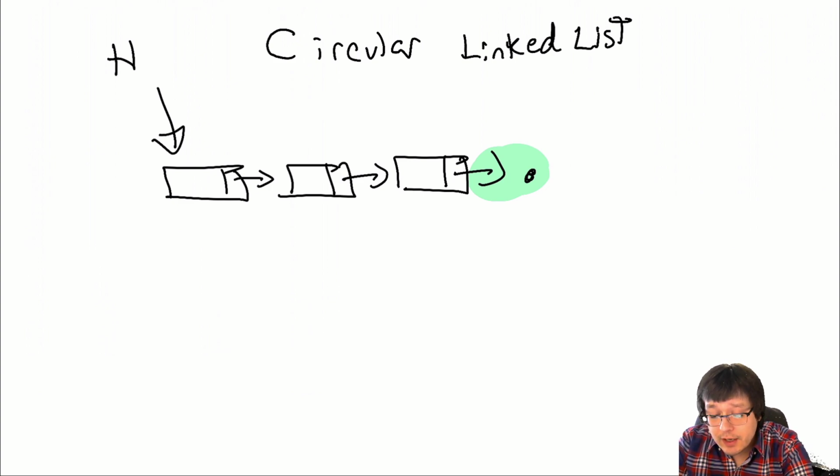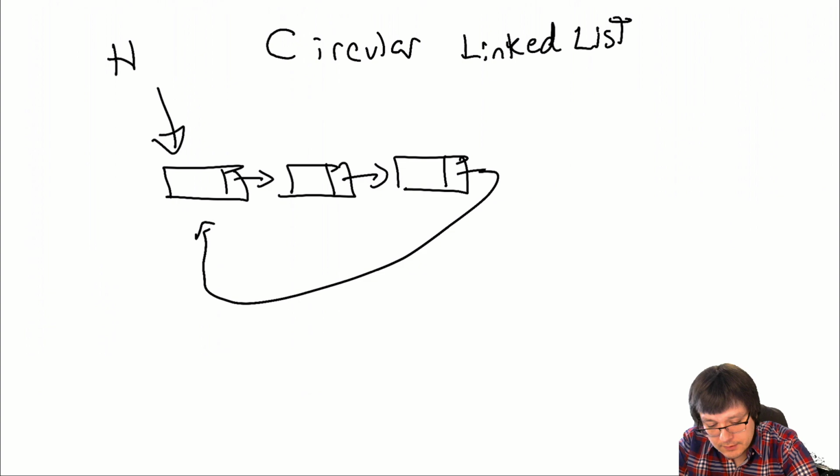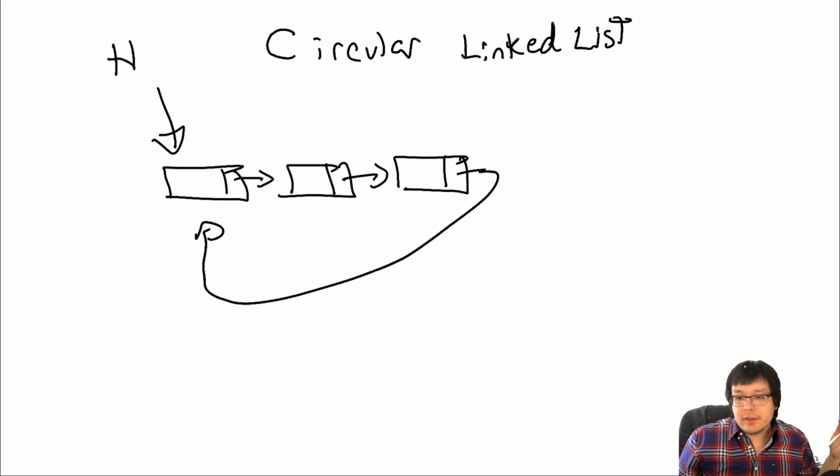So I just basically copy the head pointer into that item. By replacing this with the head pointer, what that is essentially doing is linking it there, and you've created a circle basically. So that's what a circular linked list is, and whether it's a singly or double linked list doesn't actually matter. I think that was another variation of the question.